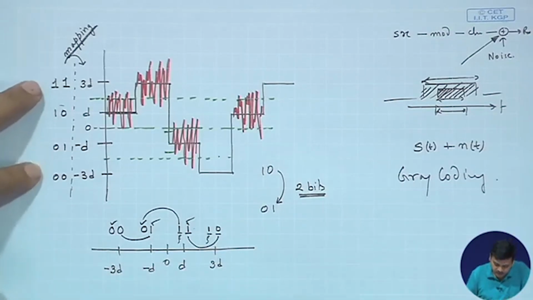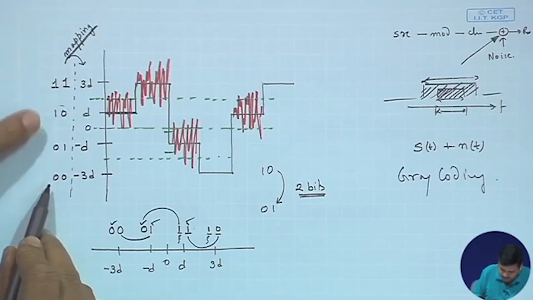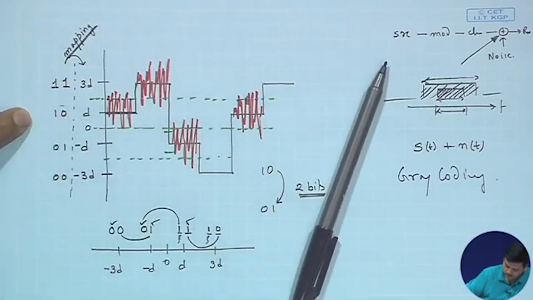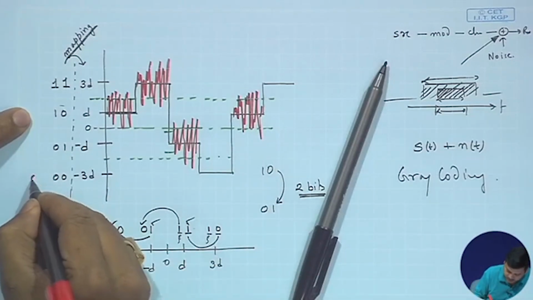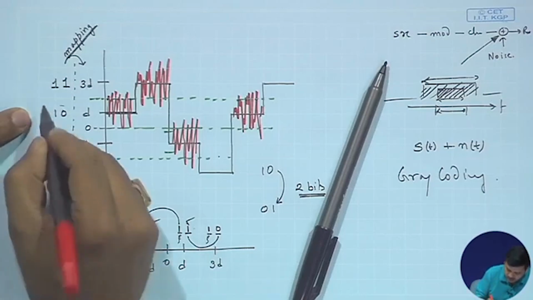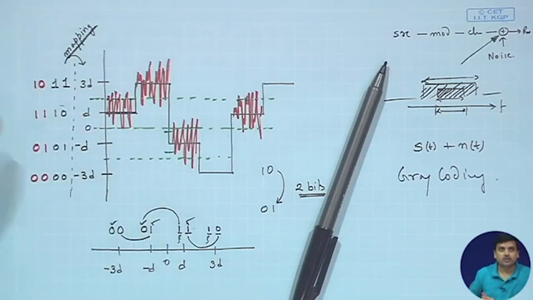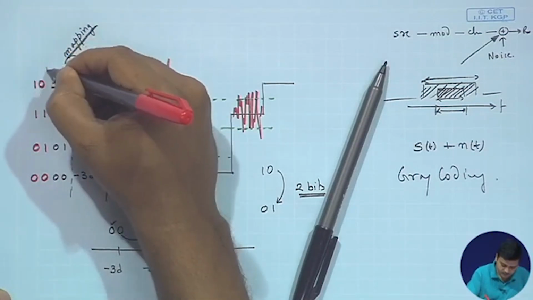So, let us remap these things. Minus 3D is 0 0, minus D is 0 1. So, here we flip. So, what we do is, instead of this, we make it 0 0, 0 1. Now, we make 1 1 and 1 0. So, with this new mapping,